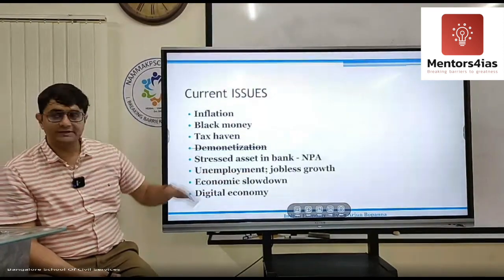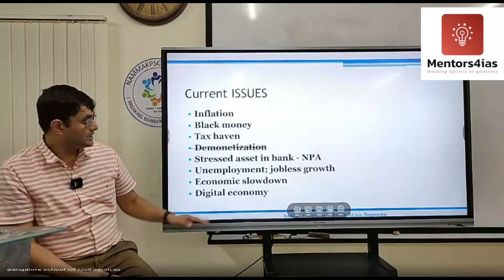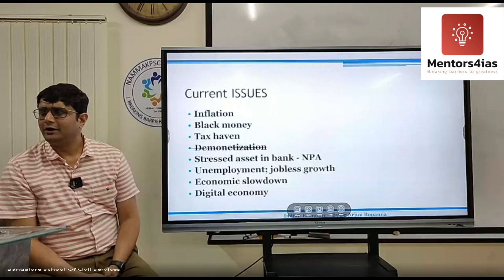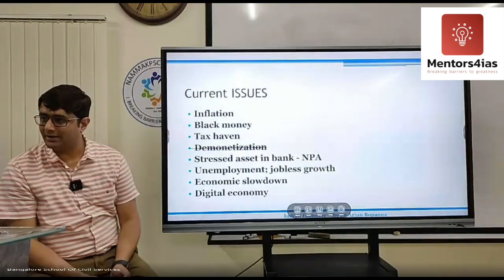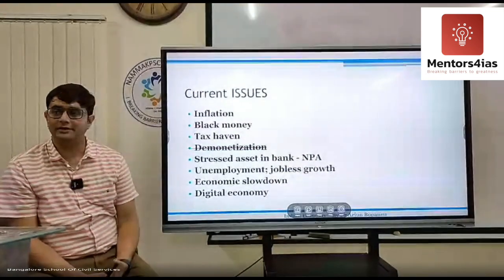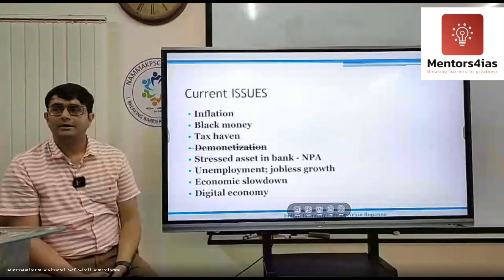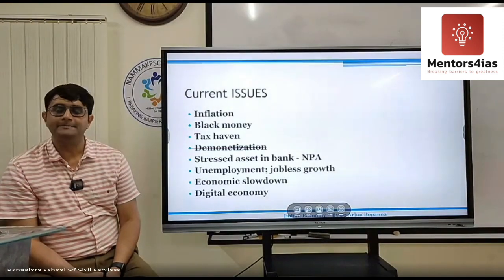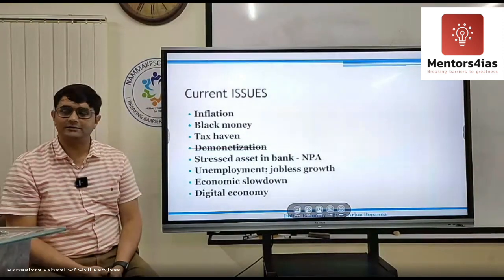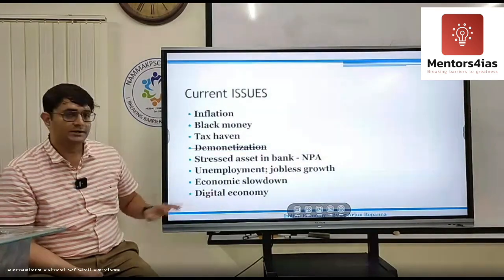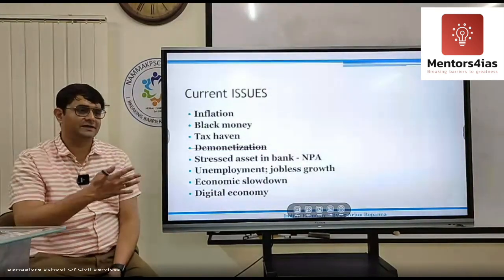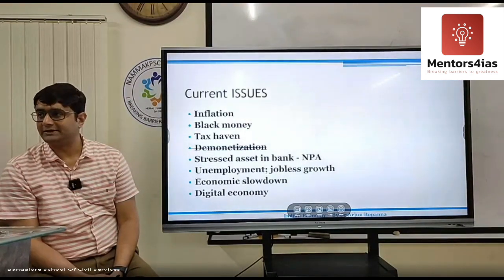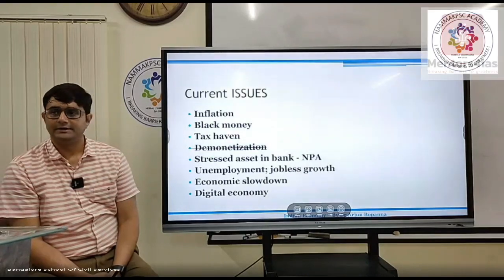Unemployment, jobless growth, economic slowdown, and concepts like the digital economy. Today, a lot of activities are happening in the digital world, even economic transactions, like you might have heard about cryptocurrency and all that. Different types of wallets, right? So digital wallets you might have heard of. Paytm and all those concepts we will try to understand over here. Any other things as we discuss in class, and something comes up in the news, we will be discussing them also in a little bit of detail. Is that okay? So these are the